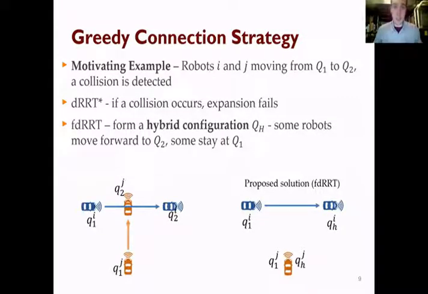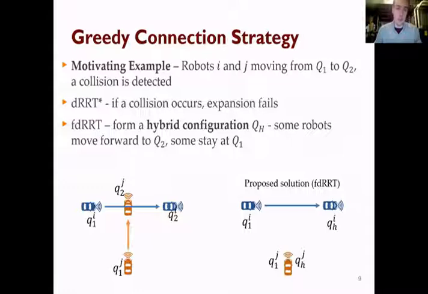The premise of the greedy connection strategy, if we look at a motivating example, is to modify the behavior of the algorithm when a collision is detected. So if we look at an example below here, to the lower left corner, we have robots I and J that are moving from their respective Q1 and Q2 configurations. In the original algorithm, if a collision is detected, that new configuration Q2 is simply thrown out and expansion fails in that step. In fast DRT, in our proposed system, instead of throwing out Q2, we form a hybrid configuration